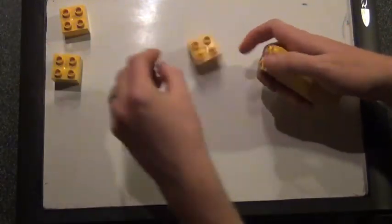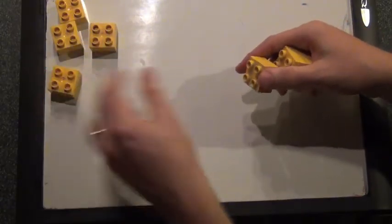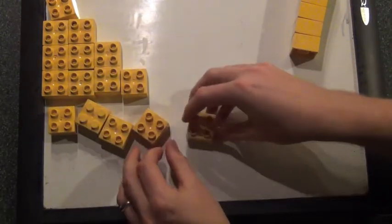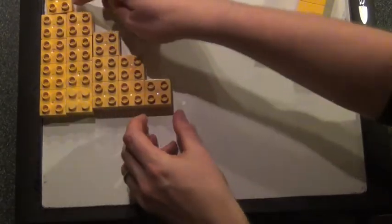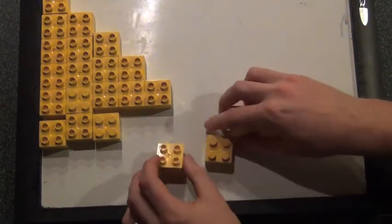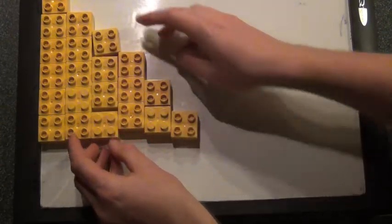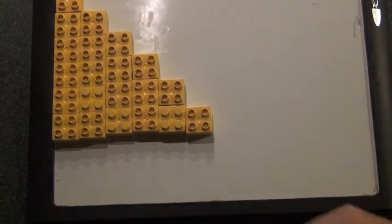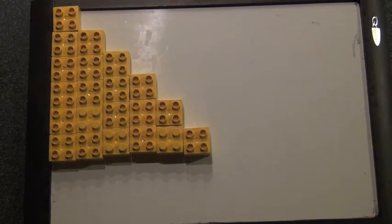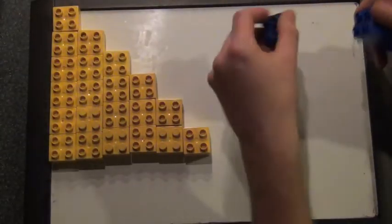And we're going to make 1, 2, 3, 4, 5, and 6. So here's what we're trying to add up. Can everybody see this? Now we can parallel this. Hold on one second. Is this actually on camera? There we go. Okay. Now, over on this side with blue blocks, instead I'm going to make a 6 plus